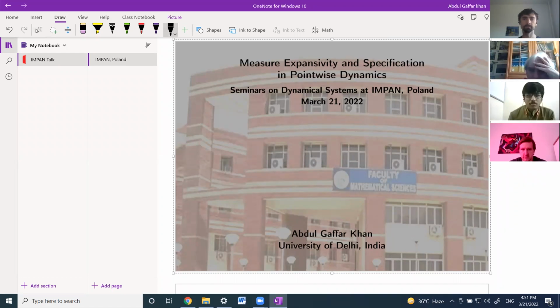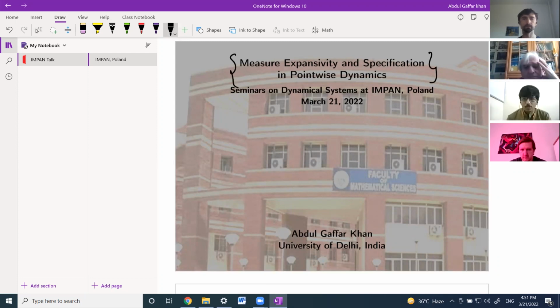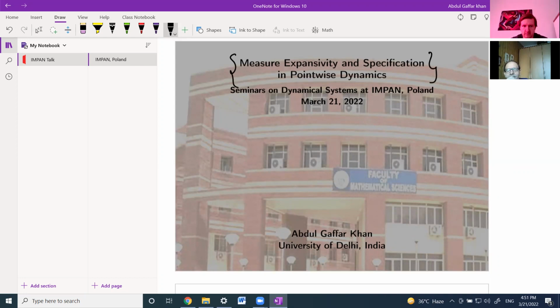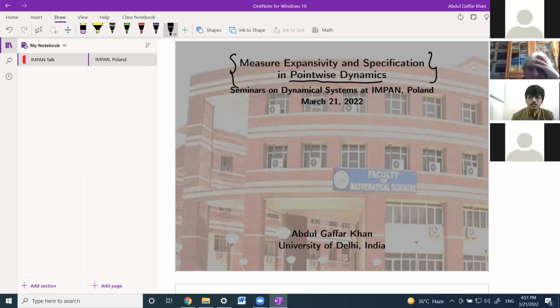My title of the talk, as displayed, is measure expansivity and specification in pointwise dynamics. The talk will revolve around the possible applications and the importance of the theory of pointwise dynamics that was started by Reddy in 1970, but in recent years it has got much more attention because of one of the publications in Dynamical Systems, an international journal, authored by C. Moraz. To express those importance, we will explore the notion of measure expansivity and specification, but from the viewpoint of